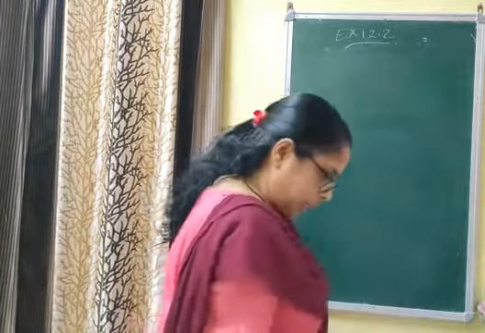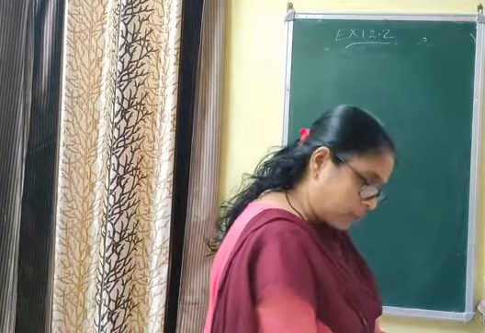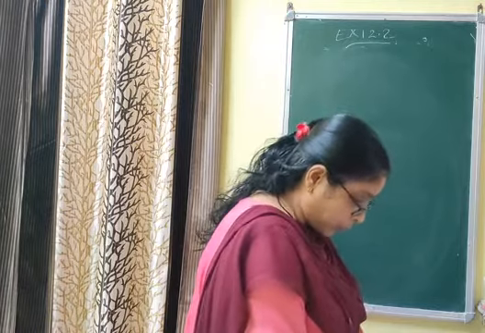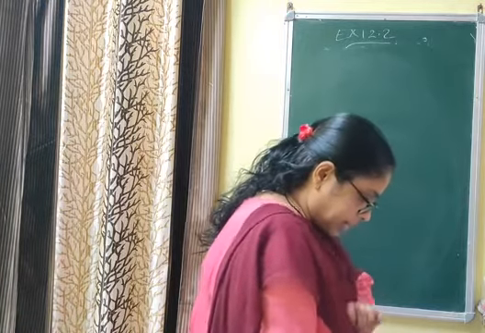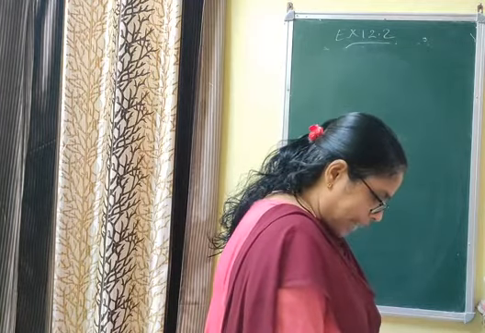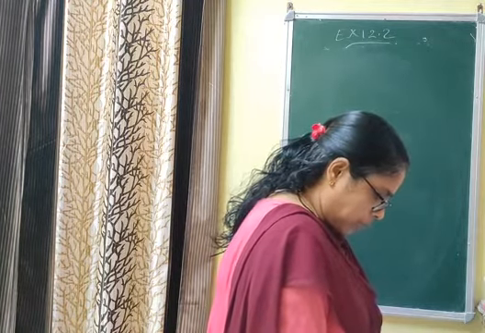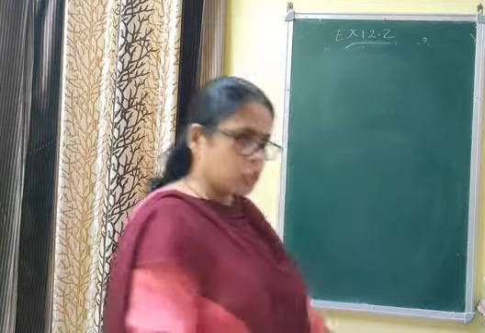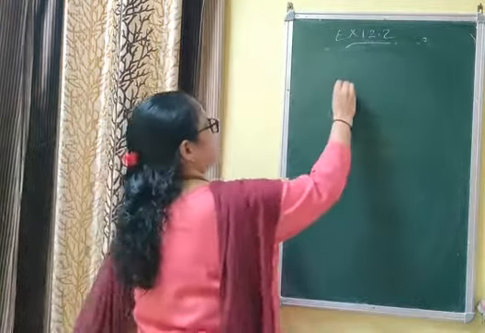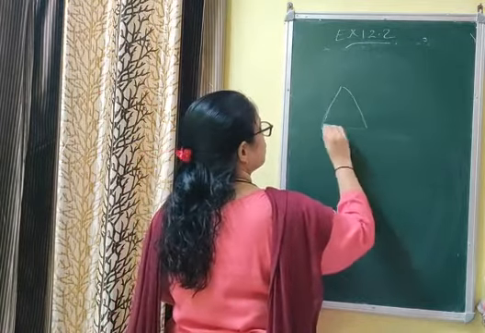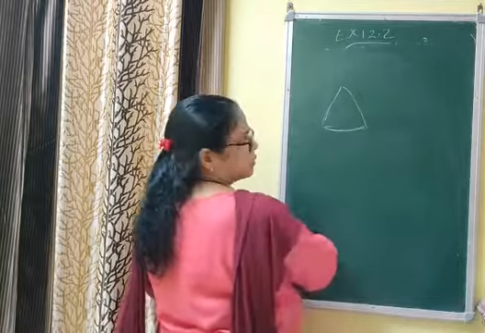Next, question number 10. I am reading the question. This is the question based on an umbrella. I can't draw the figure, I will just explain it to you. An umbrella has 8 ribs which are equally spaced. Assuming the umbrella to be a flat circle of radius 45 cm, find the area between 2 consecutive ribs. An umbrella is there, and it has 8 ribs. Ribs are what come out in the umbrella like this. That is in the form of a sector.